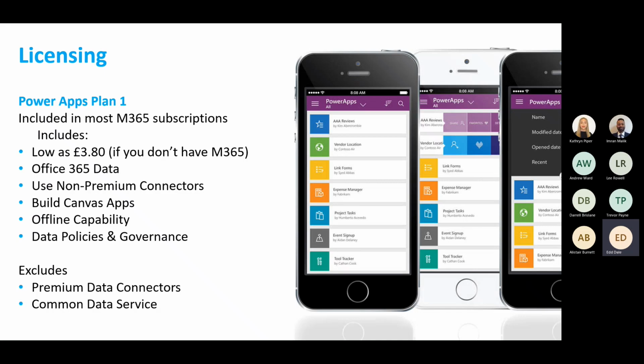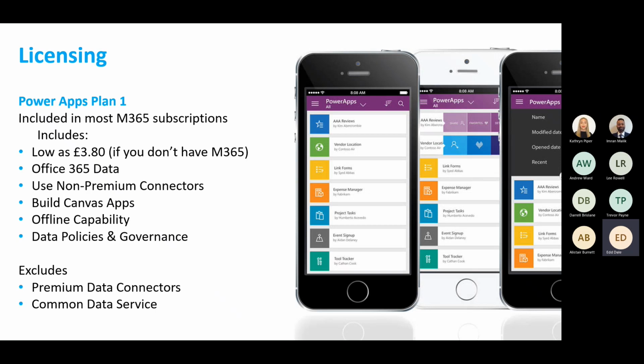Now, I do just want to talk about licensing as well, because this is probably one of the more confusing elements of Power Apps that people have. Now, a lot of you will know that there are different plans. There's Plan 1 and there is also Plan 2. Now, Plan 1 is included in most M365 subscriptions.